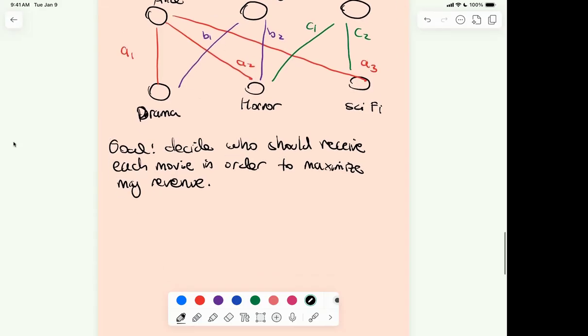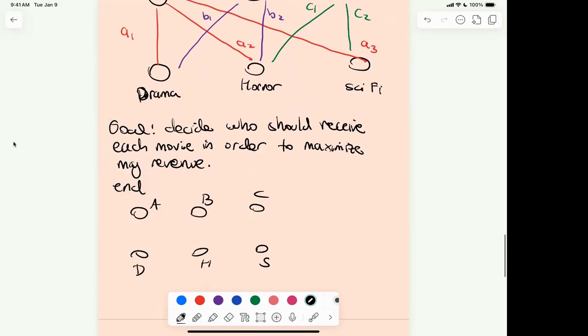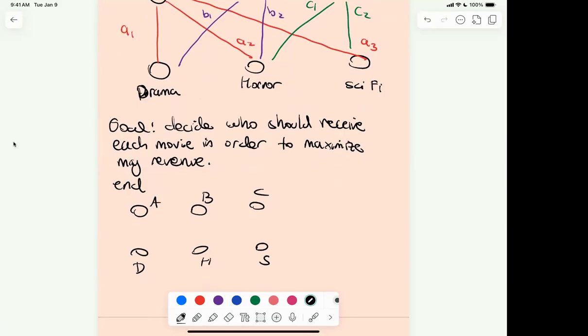So in the end, this could be a potential configuration. You could end up with Alice, Bob, and Charles, so ABC, I'll just call them ABC. Then this is drama, horror, sci-fi. Let's call S for sci-fi. So in the end, it could be that the solution is that,